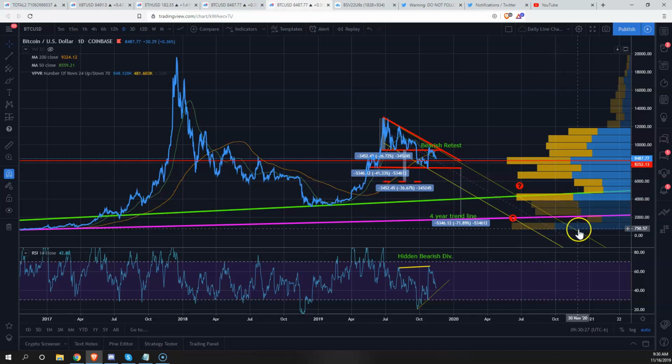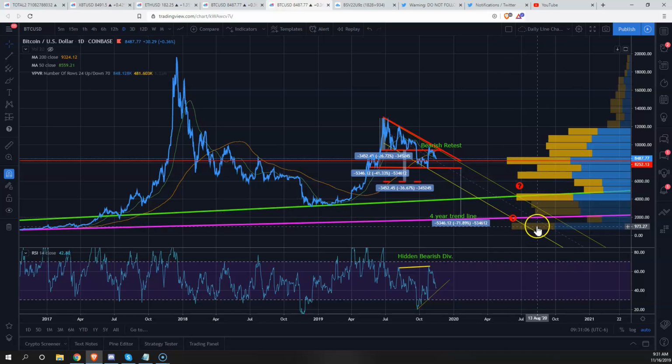Now, the reason I say not always is because obviously we have a volume gap down here around 1,400 bucks. It was never filled in, right? It just kept going up. So there's no guarantee. However, that's one of the reasons that I've been so bearish this year, is because we didn't fill that in. And in 2014, we had a false rally that looked like it was a bull market. We bottomed out around 300 bucks. We false rallied up, and then it actually crashed all the way down to about 150 bucks. So I have this suspicion that that's what this is. This is just a longer cycle where this was a false bottom, this was a false rally, and that this will eventually come down and fill in this volume gap down around $1,300.